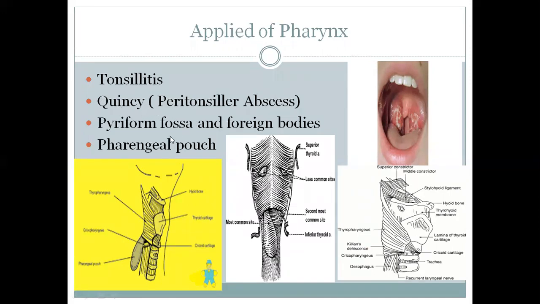Okay. The pyriform fossa, which I already showed you, is in the anterior wall of the laryngopharynx, behind the larynx. It is on each side of the laryngopharynx, and it is a common site where foreign bodies like small bones and fish spines get stuck. This creates an emergency, and the patient is taken to the ENT department, where they will remove it through an endoscope.